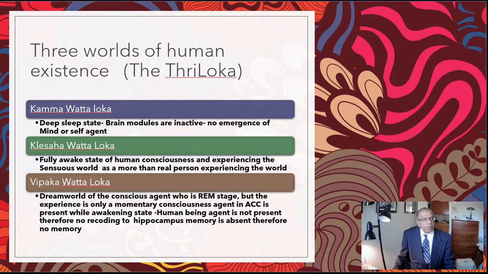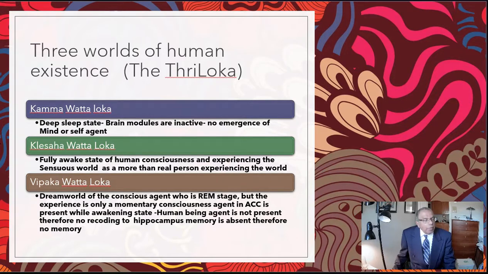He also talked about three types of world that human existence consists of. Therefore, he called these worlds Triloka. In other words, the three types of worldly experience that every human being goes through, and these three types Buddha has conquered. That's why he has a name called Triloka Natha. He has conquered all three worlds. Therefore, he is also known as Triloka Natha.